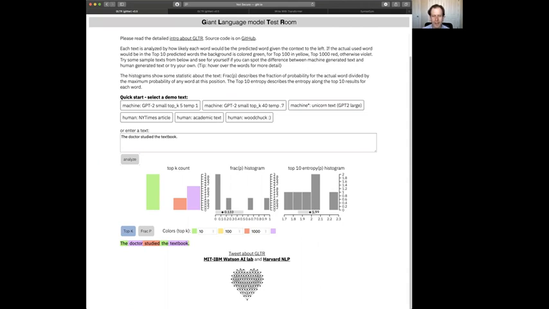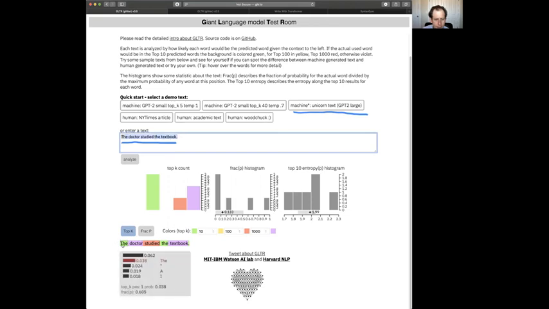And in this example, I've taken a couple of the cases of subordination from last time and looked at, it turns out you can use the model to look at predictions that the model is making. So I gave the example of the doctor study, the textbook. I chose the GPT-2 large model. And it's interactive enough that if I put in this input, the interactive device will tell you what the model was predicting and where the word that you actually put landed in the conditional probability distribution given previous words in the context. So for us of interest was the question of how likely was the sentence to end, for example, immediately